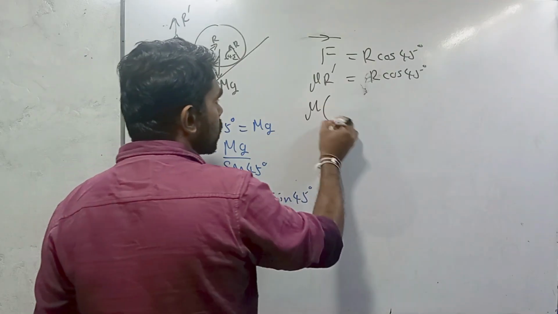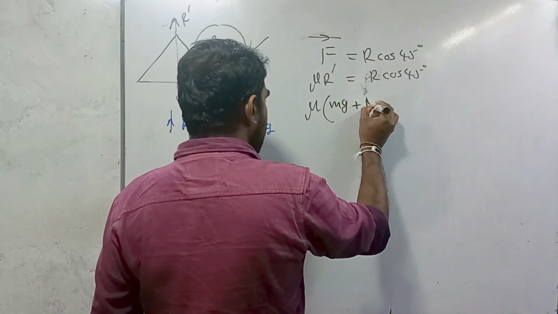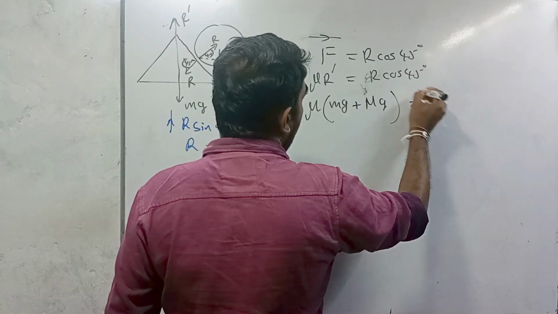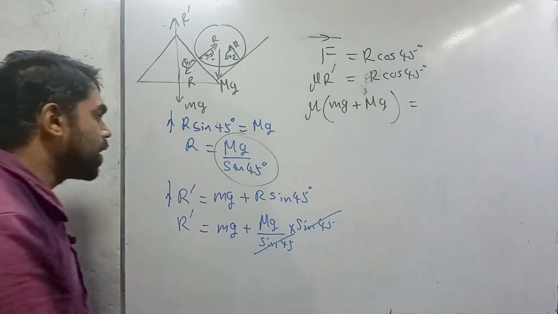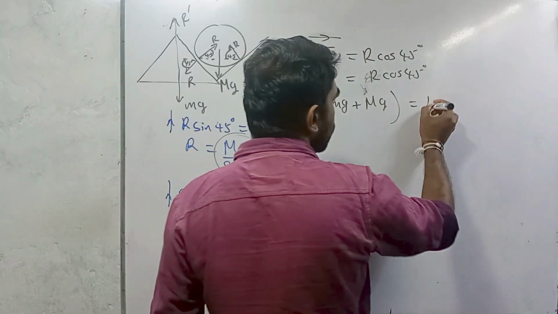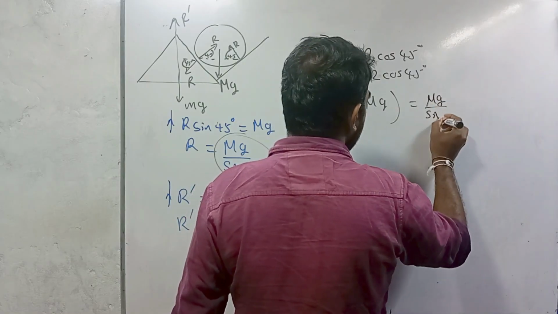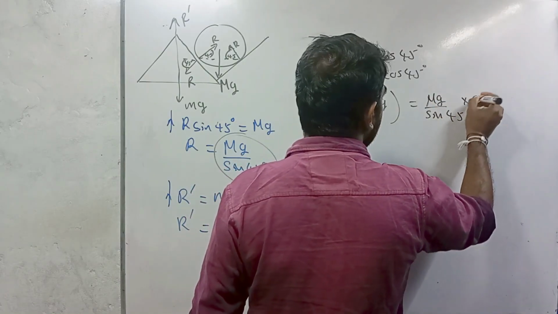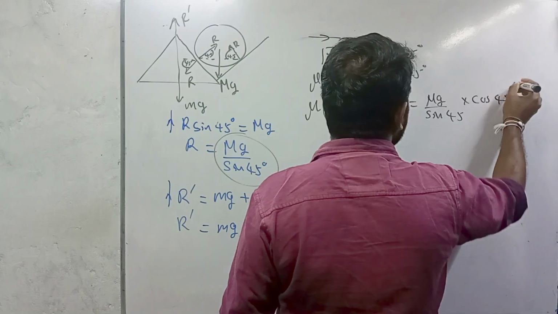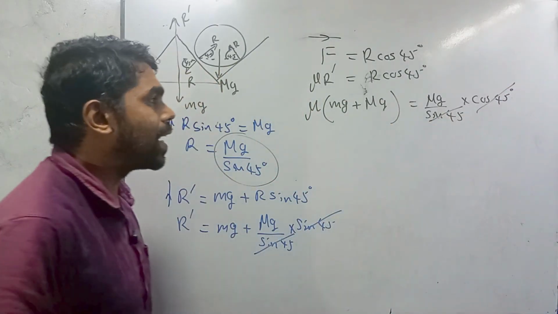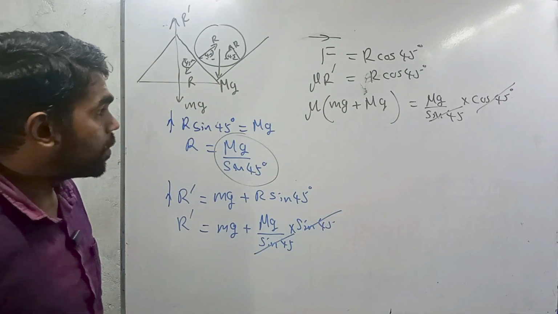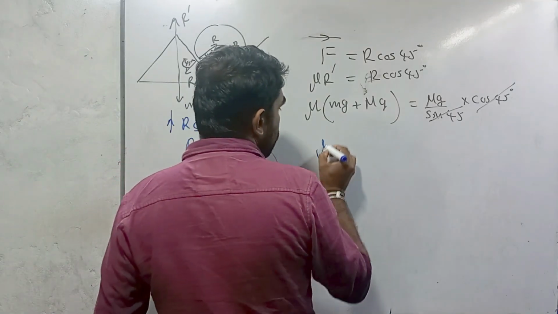Then mu R dash is this one. Simple mg plus capital Mg. R value is this one. We can substitute capital Mg divided by sin 45 times cos 45. We know that sin 45 equals cos 45. We can cancel out it. Then we can make capital M the subject. Mu mg